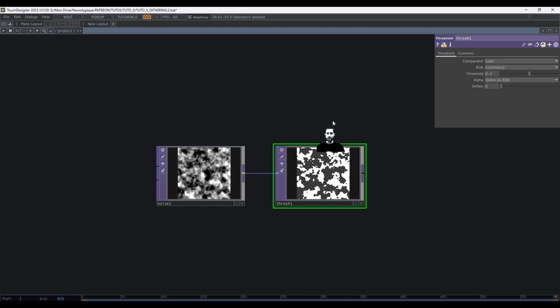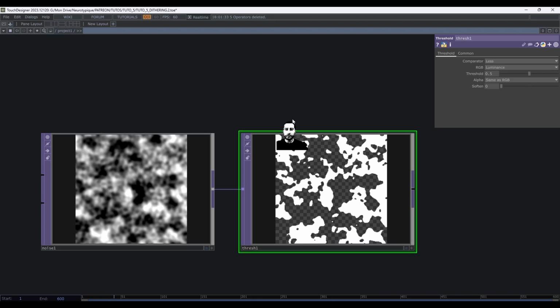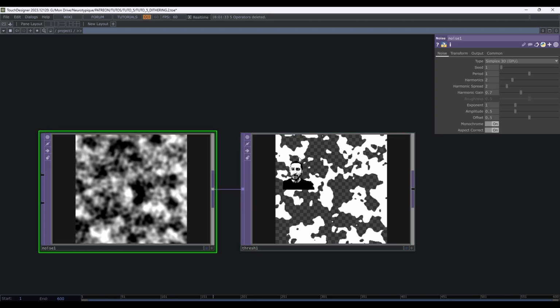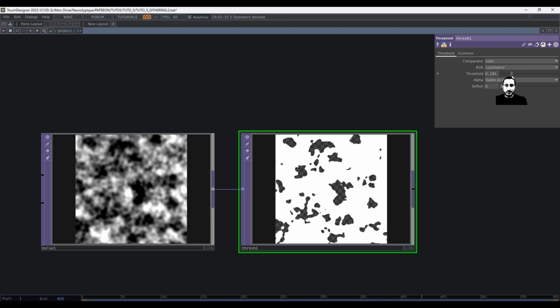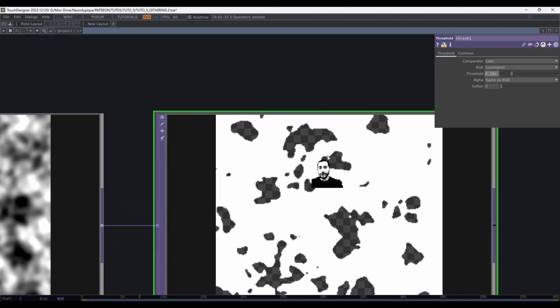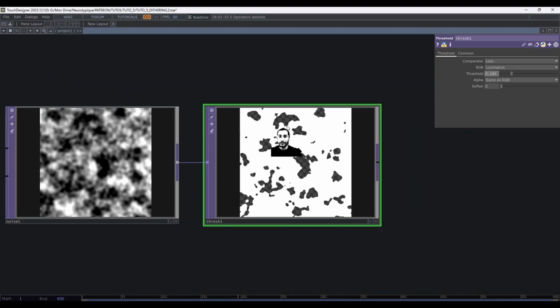What is a threshold? It's an effect that enables you to select from an image just the part that's below or above a certain threshold. Here we can see that the threshold is just 0.5, and when we adjust it, we have a black and white output. Here it's even transparent and white.